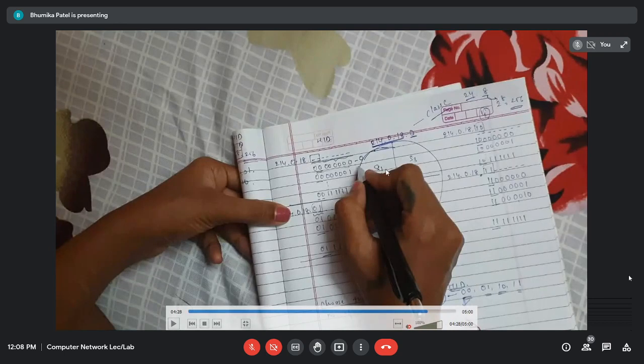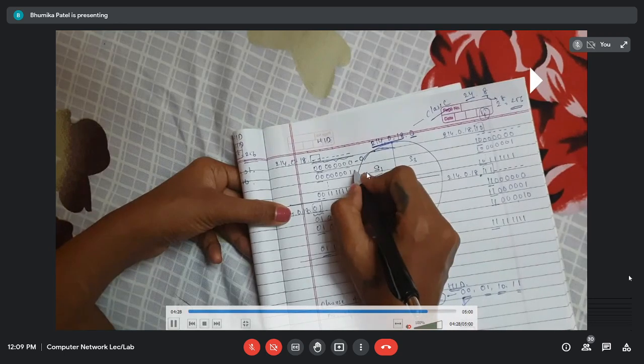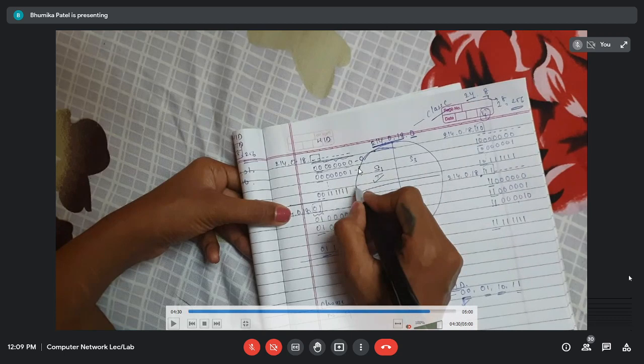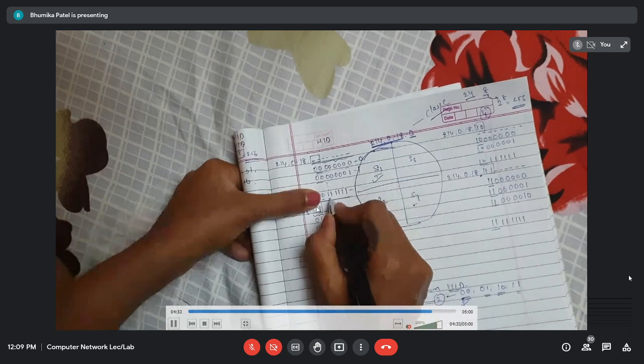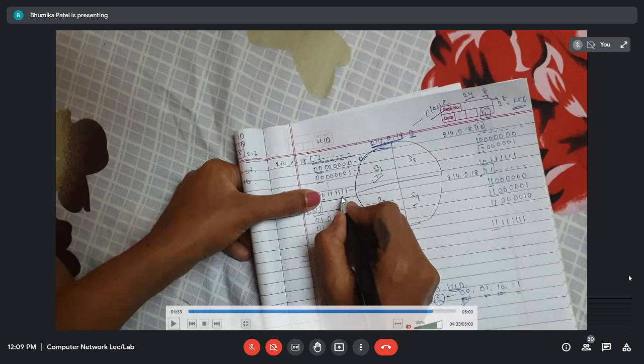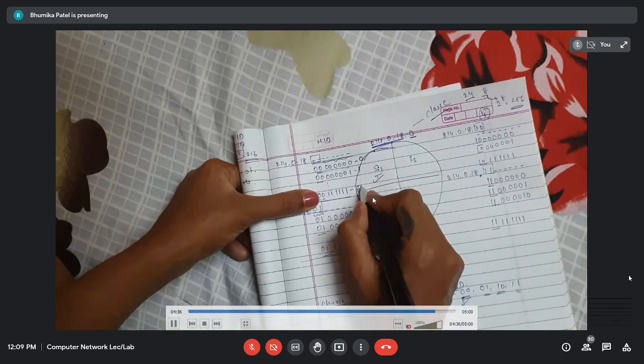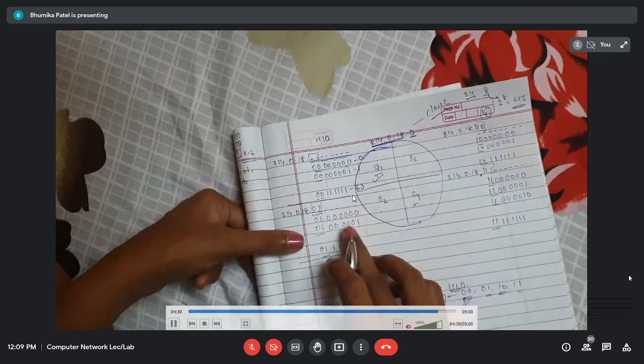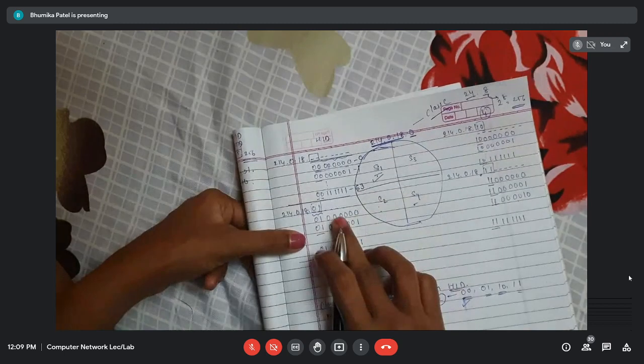214.0.18.0. The first IP address of subnet 1 will be 18.0. The next, if we convert these 8 bits into decimal, will be 1. Then next will be 2, then 3, up to, if I keep every 6 bits 1, then it will be nothing but 63.